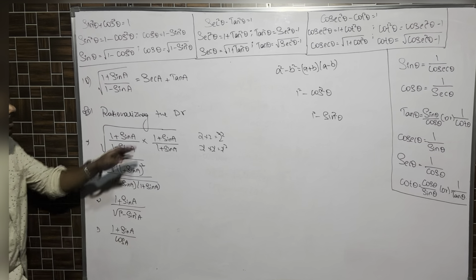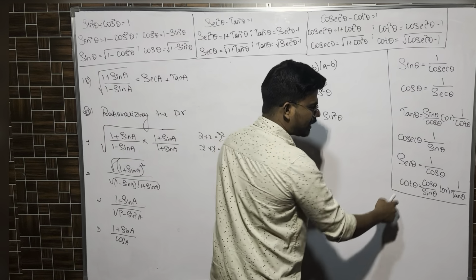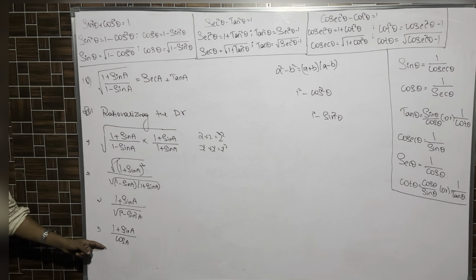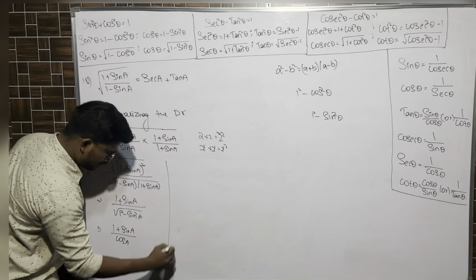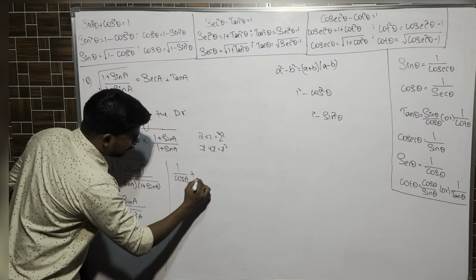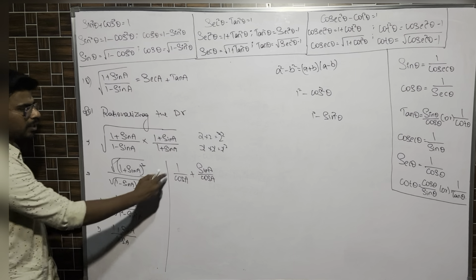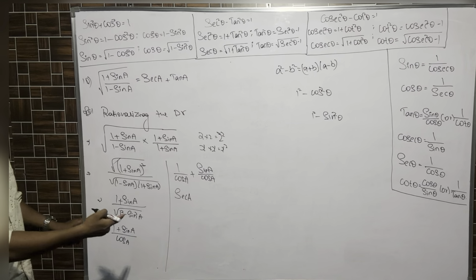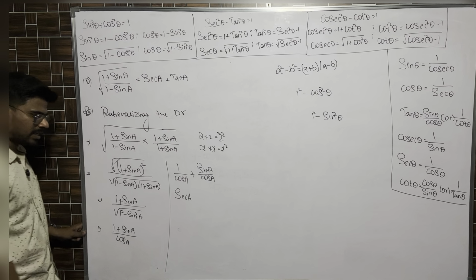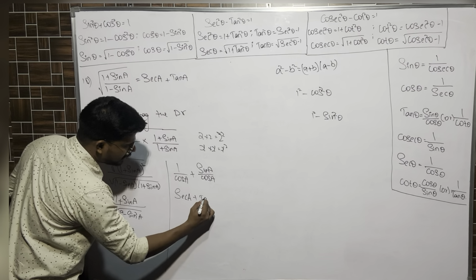Now what do we have to prove? Secant theta is nothing but 1 by cos theta. 1 is there in the numerator, we got cos in the denominator. Sine is there in the numerator, we got cos in the denominator. So we'll split the cos to both the terms. Here I'll write 1 by cos A plus sine A by cos A. 1 by cos is nothing but secant A. If it is theta, you write theta. If it is A, you write A. If it is alpha, you write alpha. Whatsoever it is, that's none of our concern. Next, sine A by cos A is tan A.